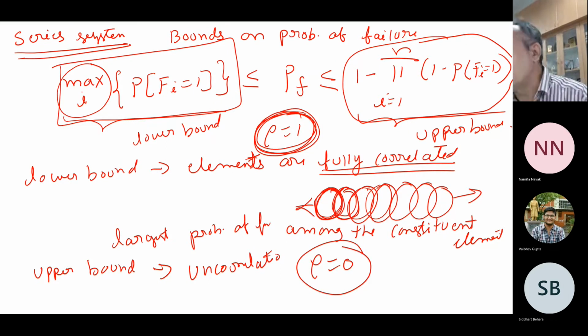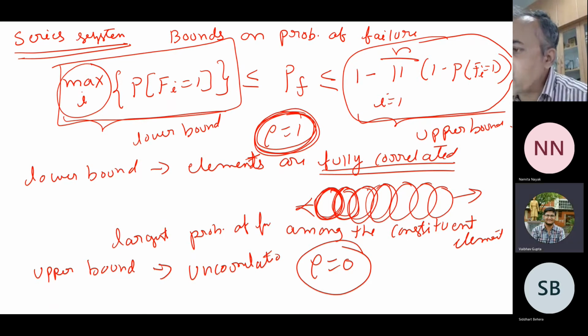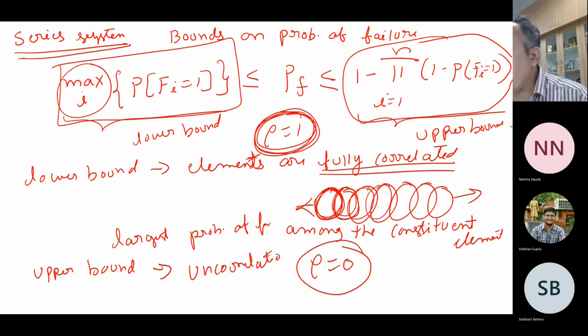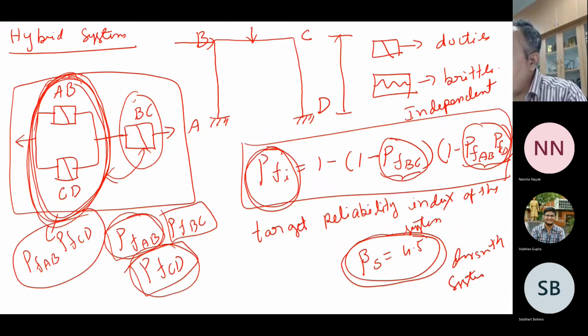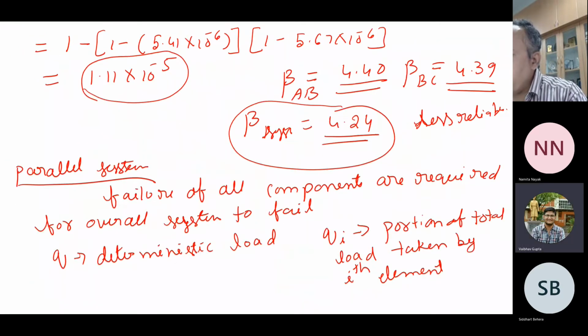You followed, right? So for a series system, you can calculate these bounds actually, the lower bound and then the upper bound, from these individual things also. Okay, and now I think one of you asked, right? What, Vaibhav? No, you asked the question. How do I get the system probability, this problem? Where is that problem? System will be more reliable. System becomes more reliable. Now, what is a bound? How much more reliable can it become?